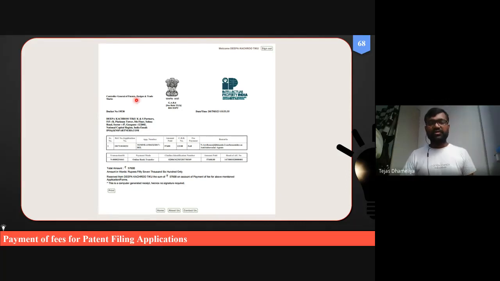Okay, so this fee depends upon the number of pages and the number of claims. These things are covered when the fee has to be calculated.